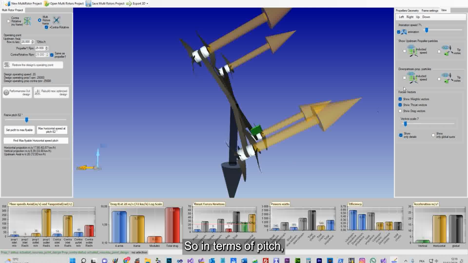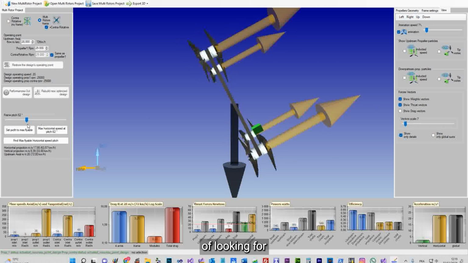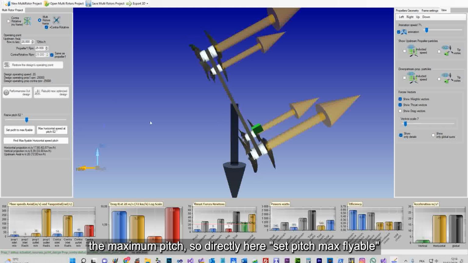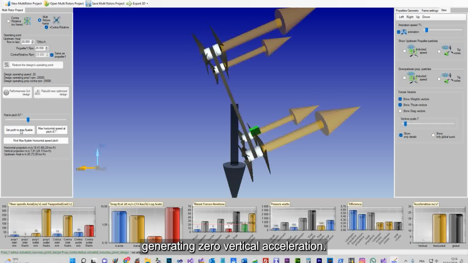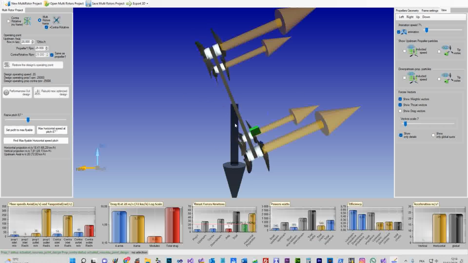In terms of pitch, we therefore also have the possibility of looking for the maximum pitch. So directly here set pitch max flyable. This simply implies the pitch generating zero vertical acceleration. So we see that with these conditions, the maximum pitch that we can operate is therefore 67 degrees.